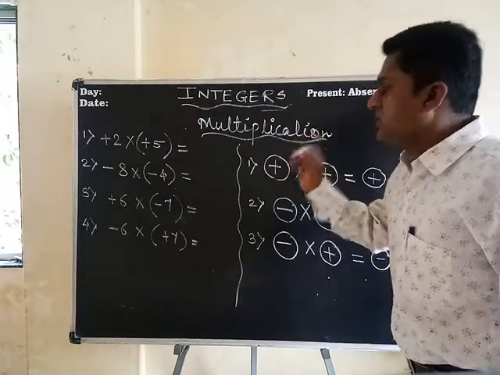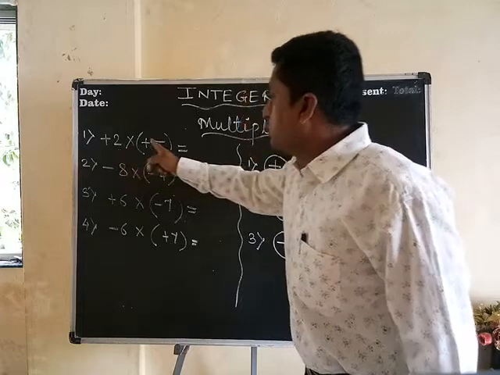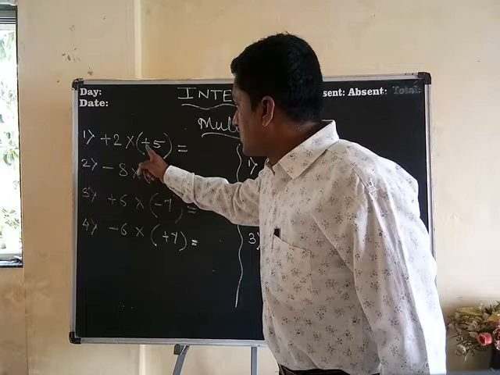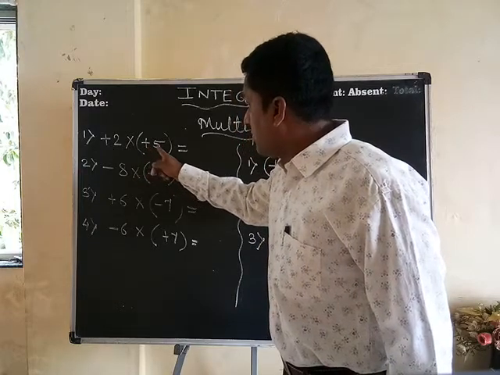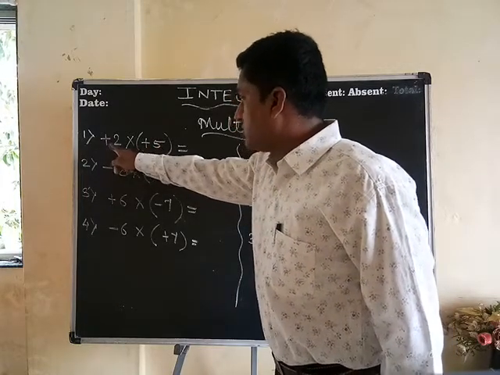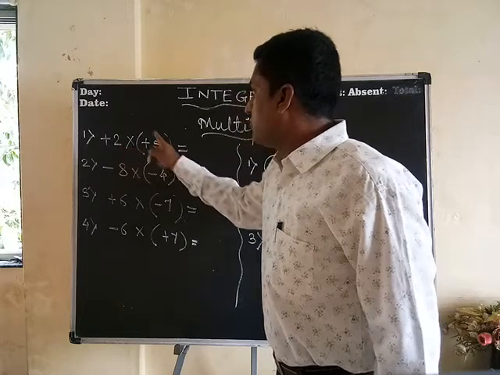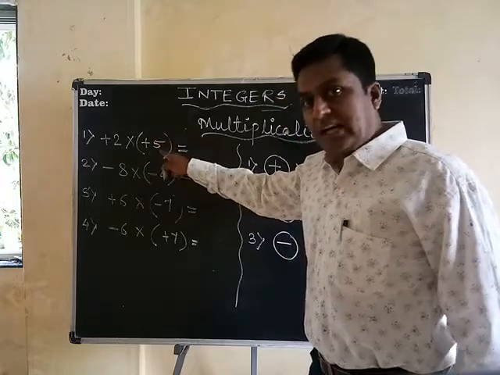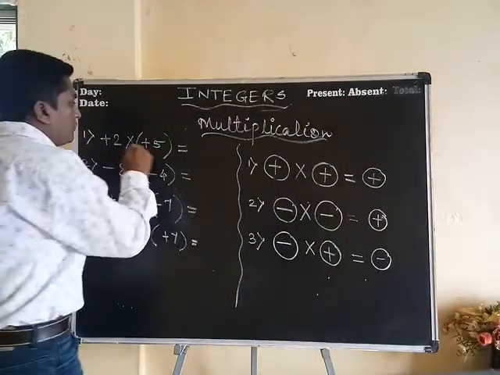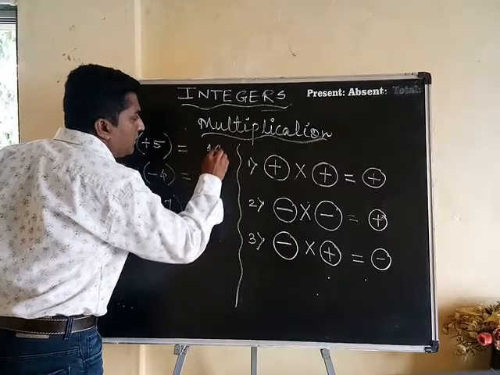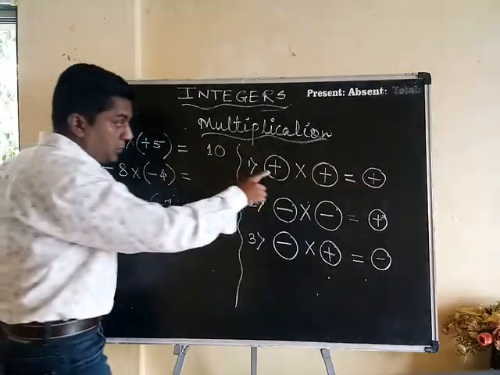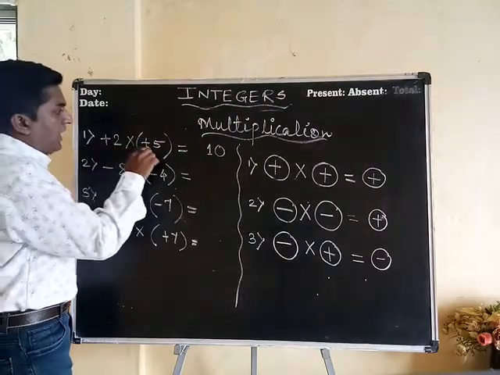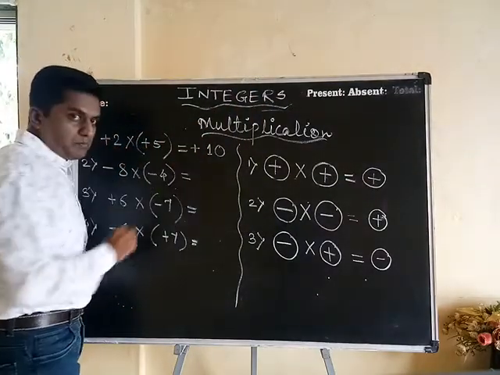So my first sum: if two numbers are to be multiplied which have the same sign, see, this positive sign is for 5 and this positive sign is for 2. Multiply them. 2 5s are 10. Let me write down the answer. So I write down 2 5s are, my answer goes here. It must be compulsorily 10. Now as per the rule, first number is positive, second number is positive, so the answer must be positive.